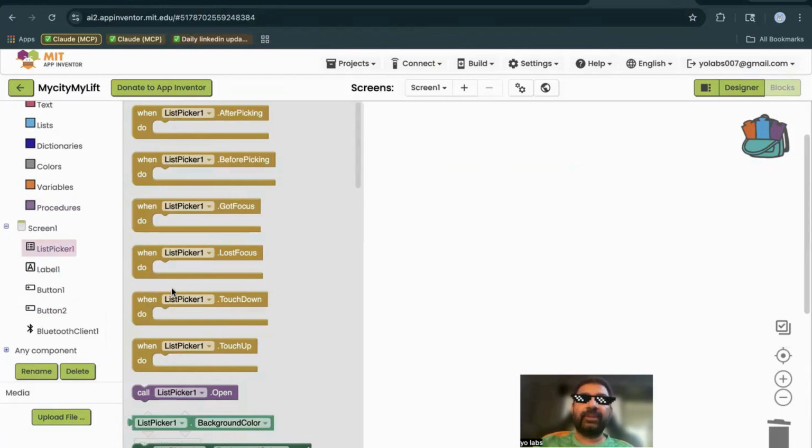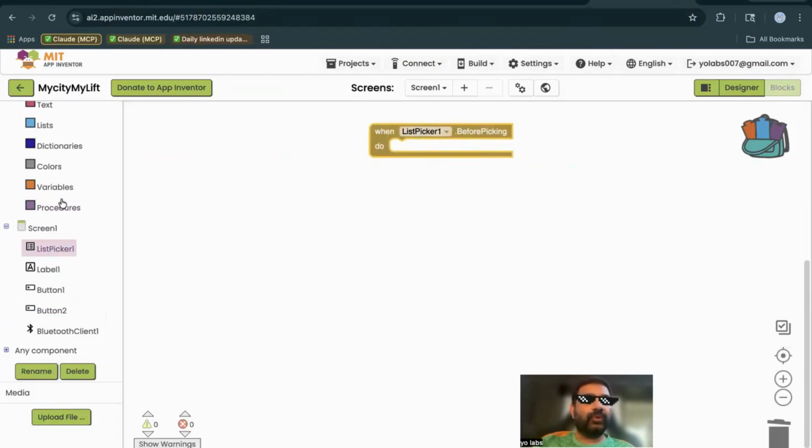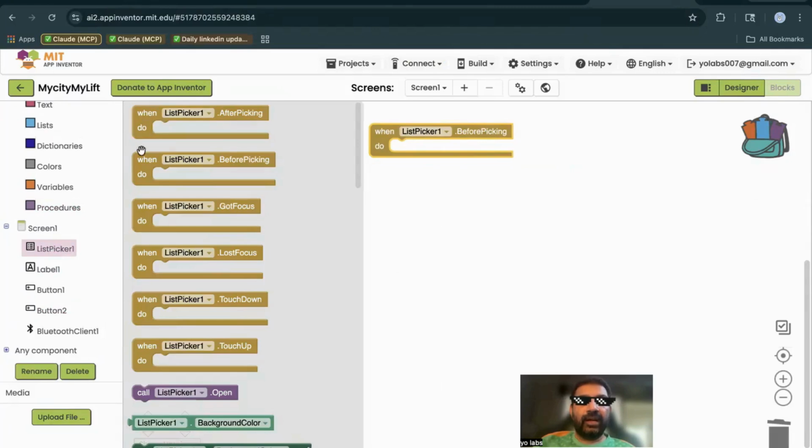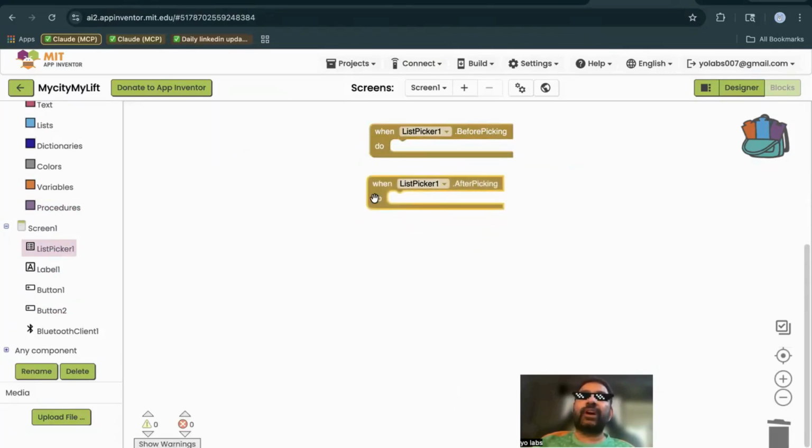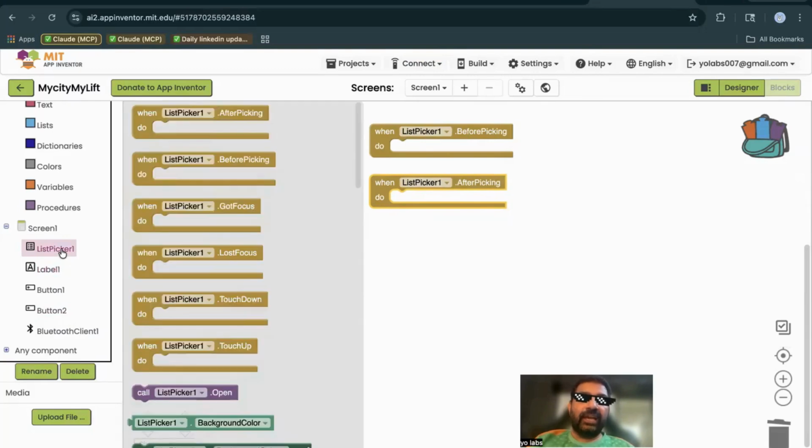List picker, please remember you have to pick two things: before and after. Now, the very first thing is we want to know how many Bluetooth devices are there so we can connect to the right Bluetooth device. Please remember whatever name you have given later on, that same thing will be showing you up here. So, okay, if you are here now, what the next thing you will do is quickly go here and say